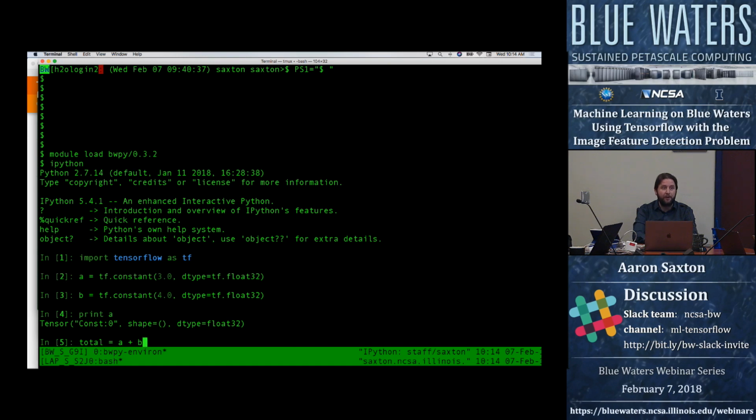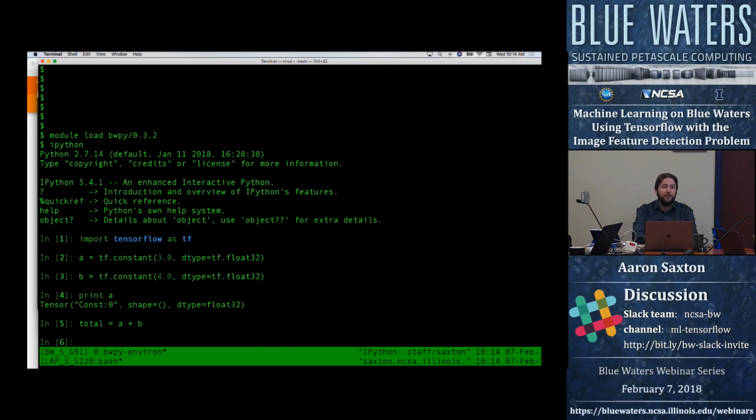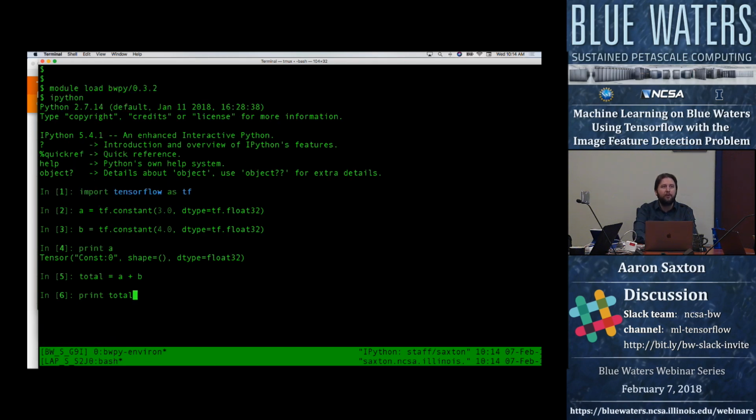It's doing its own special bit of magic to create this new variable called total. Again, this is indeed a tensor, as TensorFlow likes to manage it. To actually get a result out of this, we need to enter a session